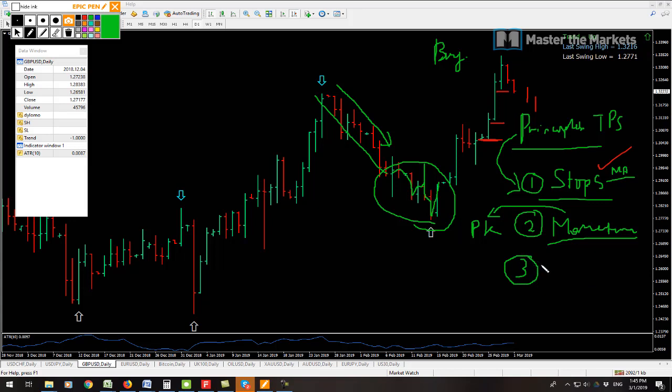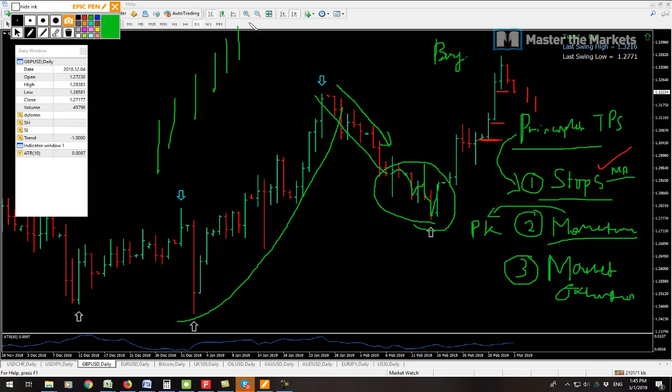And then the third thing I would say for a principle of a turning point is market exhaustion. Market exhaustion is very clear when you have a very large swing move like that. How long can it keep going up in a straight line? Is it not, traders? Remember, price moves in a cycle. At some point, a turning point must come. So the longer the move, the higher the probability that it's going to turn, definitely at some point. Twenty trending bars is almost unlikely, is it not, traders? So that's what you can be looking at.